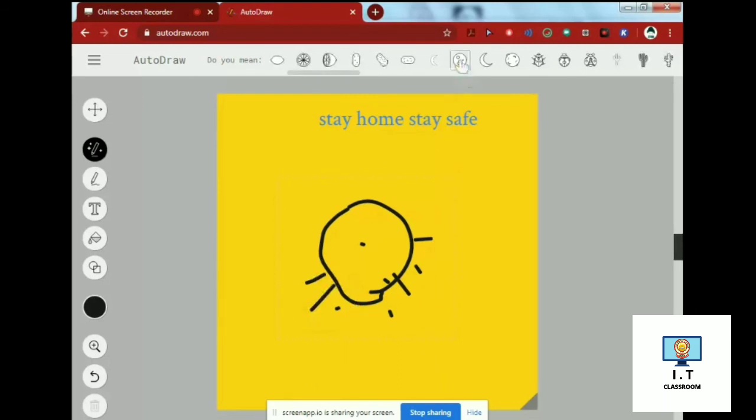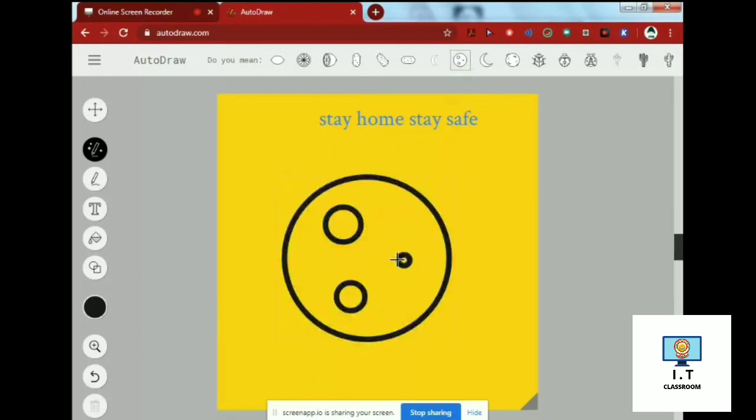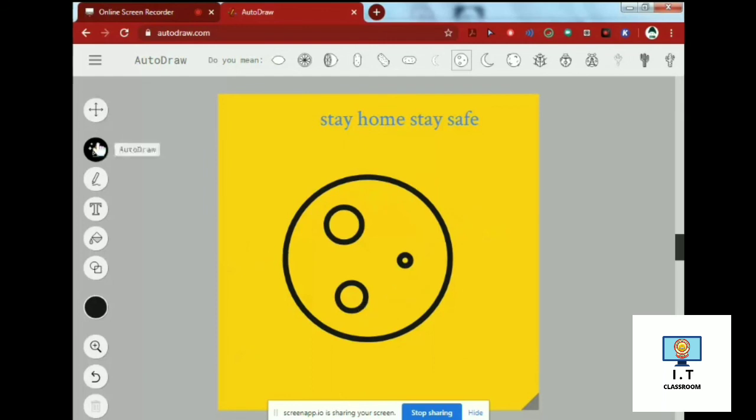Now I am going to select this one. This picture I am selecting. I will click on it. Look at the screen now. The picture which I have selected has appeared in the drawing area. So in this way, if I am not good at drawing, then also I have drawn it nicely with the help of this new tool. It is known as the auto draw tool. So see how beneficial it is. So in this way, children, you can also make drawings yourself.